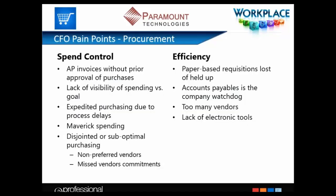These next few slides, again, I won't read all of it through to you. I've already touched on some of the areas, but we're looking at the pain points that a CFO might experience with being able to control spending. A lot of the control does have to do with the approval processes and visibility to the transactions as they're going through. And because you have that visibility, again, you're able to have preferred vendors, and with those preferred vendors